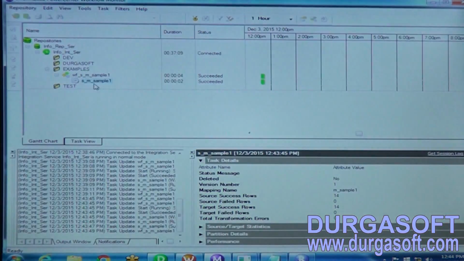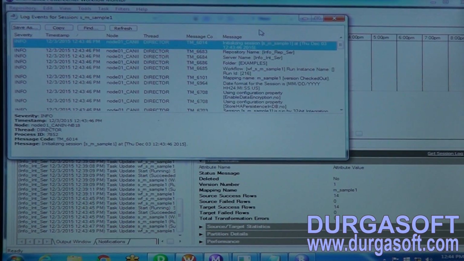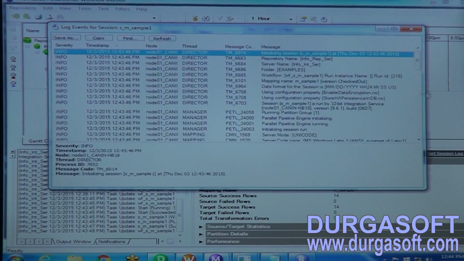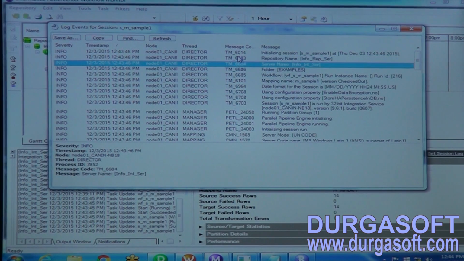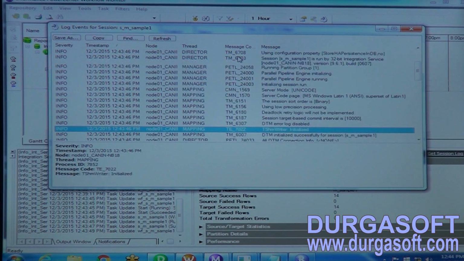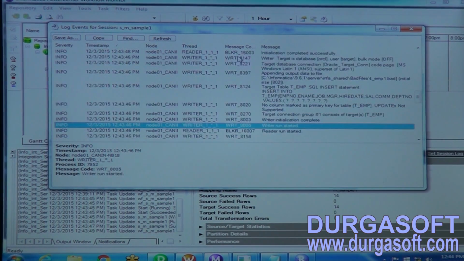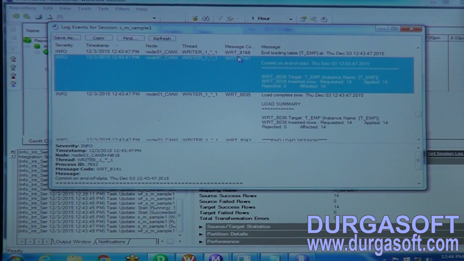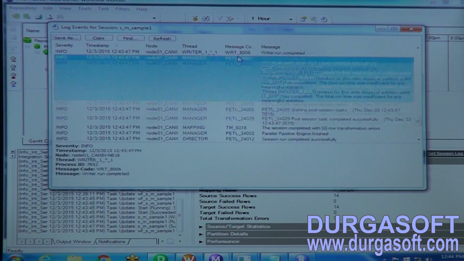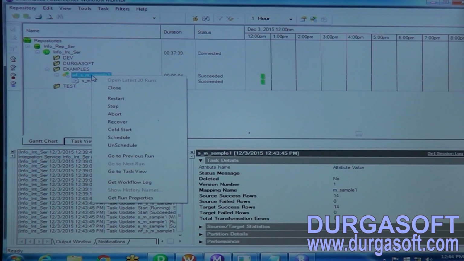And you can see session logs. What are session logs? A separate session log file is created. Here, step by step, each and every process that was running when you ran this workflow, what happened internally, it is showing us. Every step is given to us, so that we can easily analyze how it was executed.